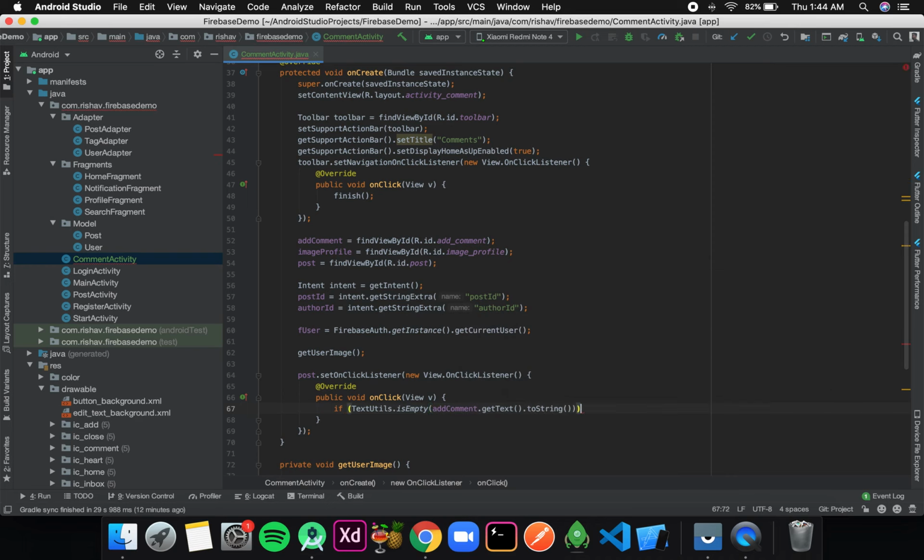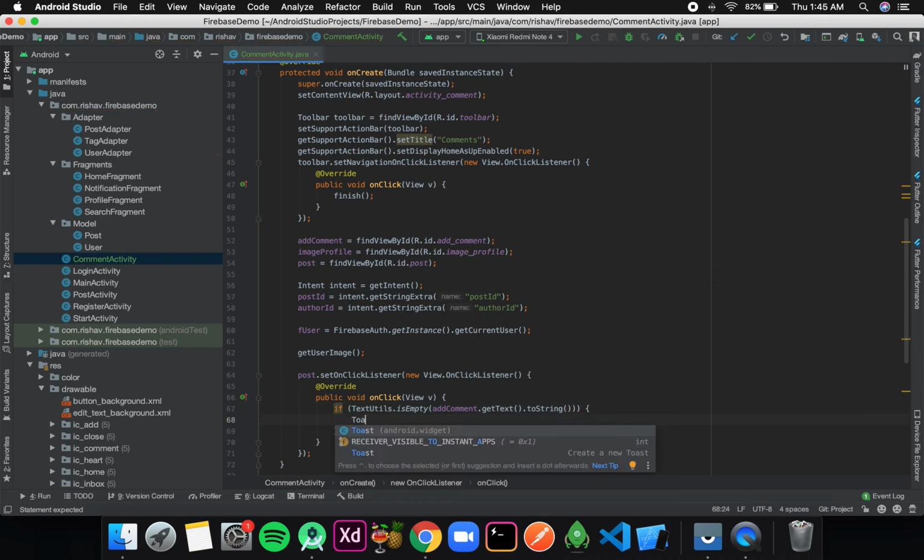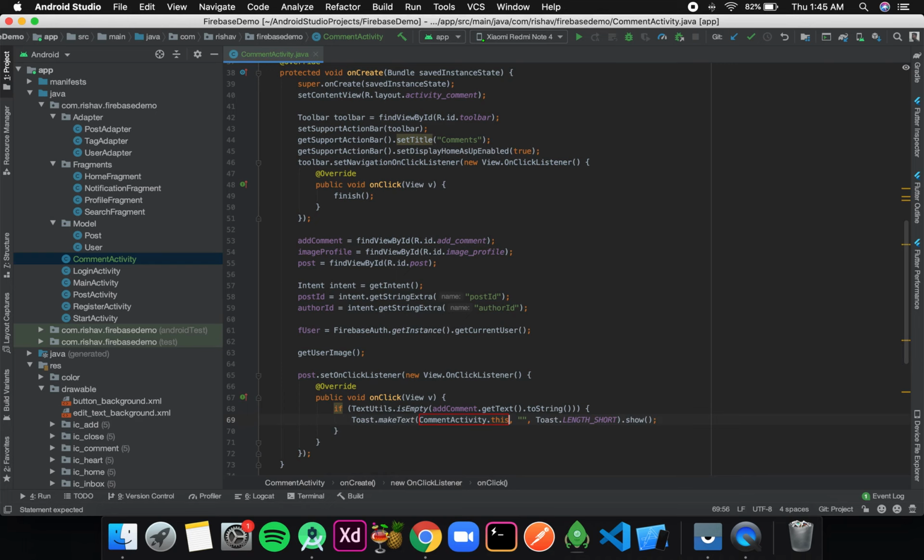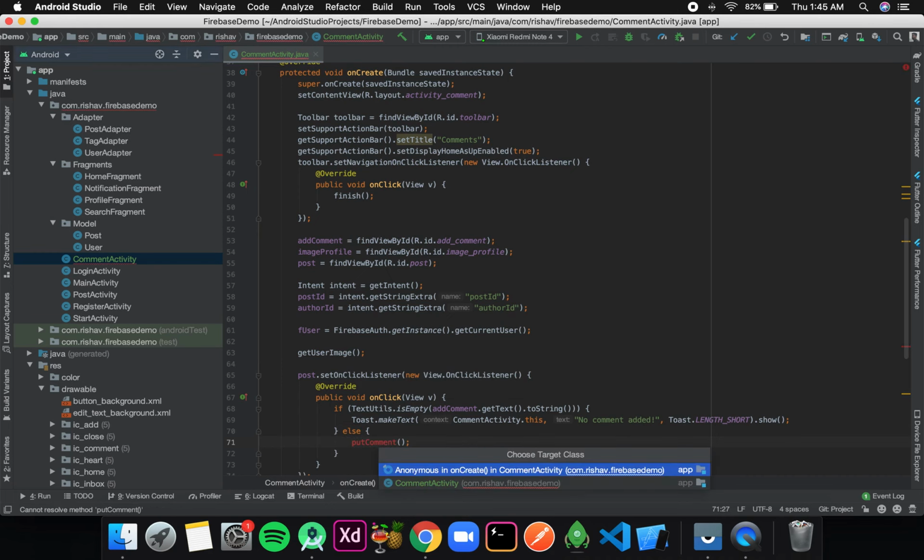Okay, so if it is empty, then we will display a toast telling that no comment added. Okay, so I'll write "No comment added", else I'll call a method called putComment. Okay, that will add my comment to our database. Okay, so I'll create this method putComment.